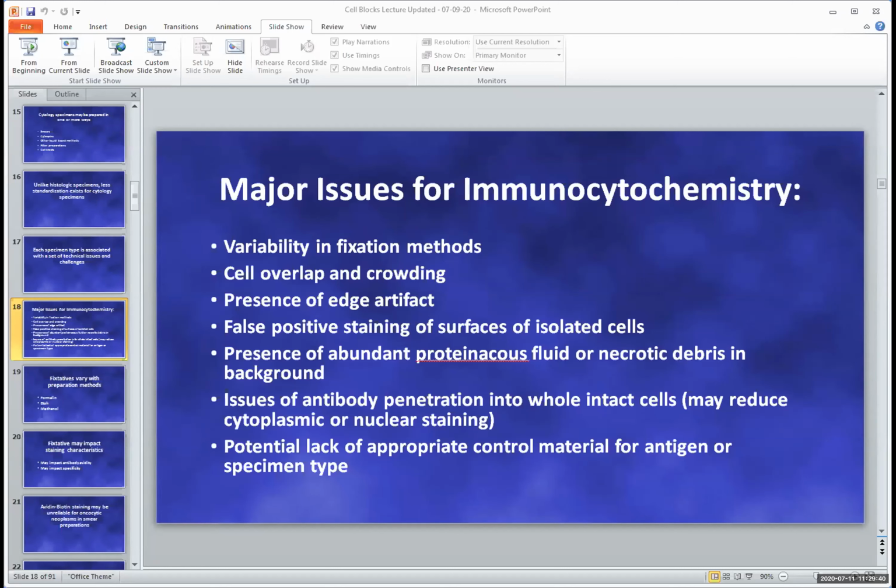And then finally, I think one of the major problems with the other types of specimens other than cell block is that we may not have appropriate control material for the antigen or that specimen type. Obviously, optimally, you want to have a control for that antibody that's of the same specimen type. That's easily doable for cell block material as formalin fixed paraffin embedded because we just use our surgical pathology archives. But what's the appropriate